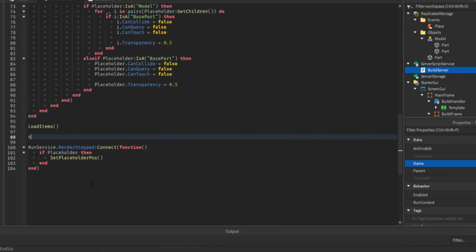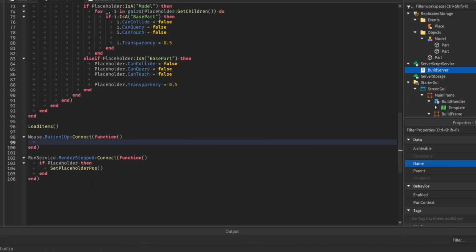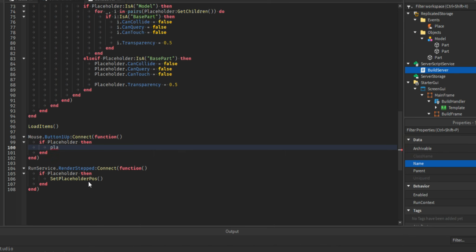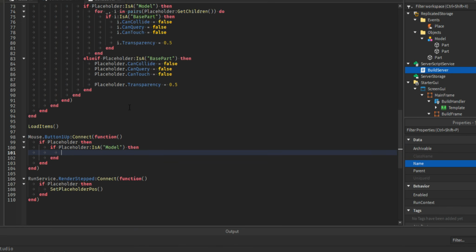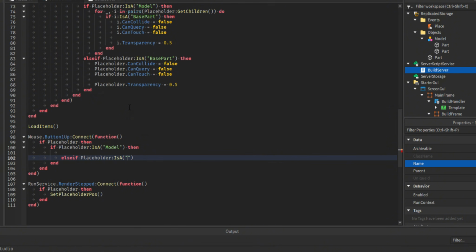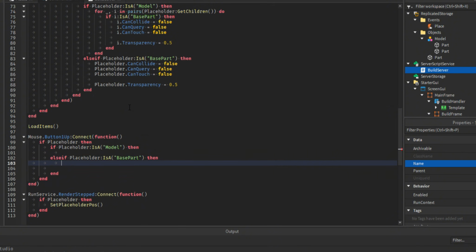And then mouse dot button one up connect function, if placeholder then place event fire server placeholder dot name, and then if placeholder is a model, else if placeholder is a base part,